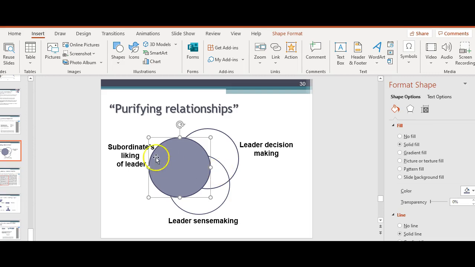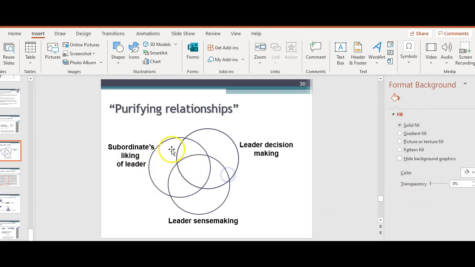But Spector and Brannick say, what if this is not a nuisance variable? And this is all in your model specification process, right? Your theory. What if liking is actually a relevant variable, such that when the leader is performing well, you like them more? So this is like the DV. So when this is treated as the DV, let's go back here. And when this is treated as the DV, that these good things that the leader does actually increase people's liking, then the correlation between these two, we would just say, is this much,